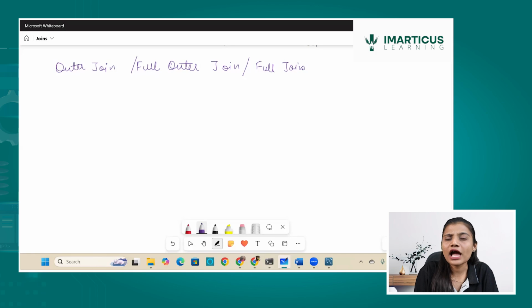But what if I want to take all the data, whether it is matching or not? For that, I will be using something called an outer join. Now what does outer join do?